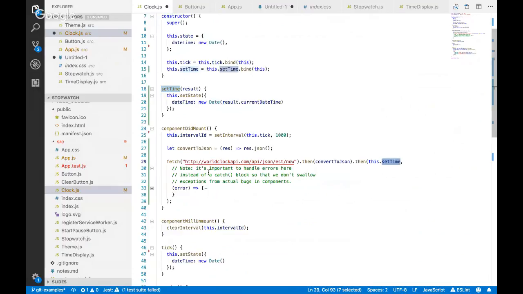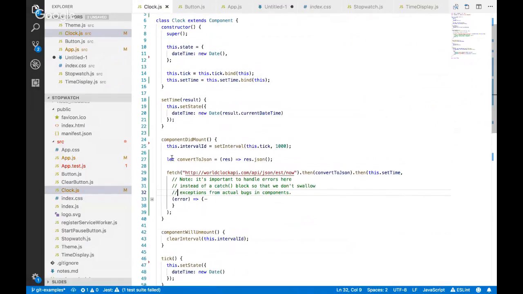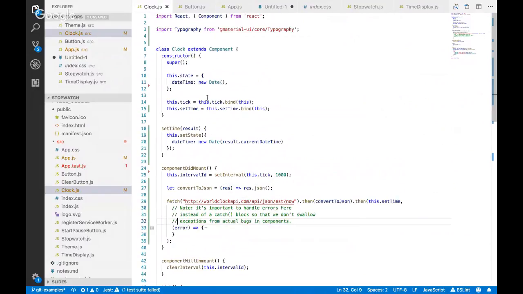We'll come back and talk about this error bit in a minute. But I'm leaving it down there, not cleaning much stuff up. So now what we've got here is, if we follow the flow, when our component loads, we are setting our time based off of our original date,